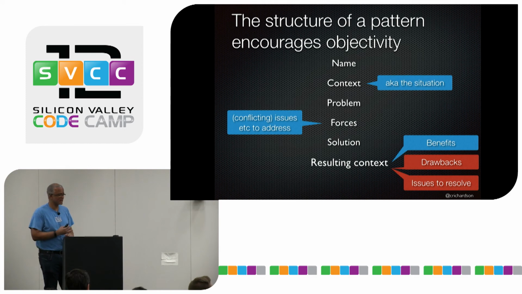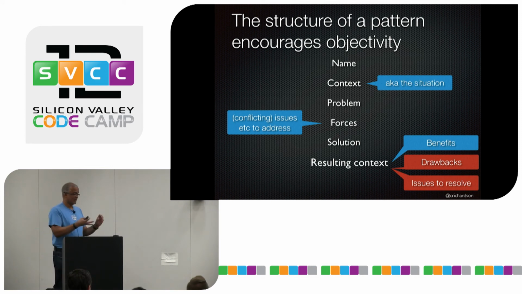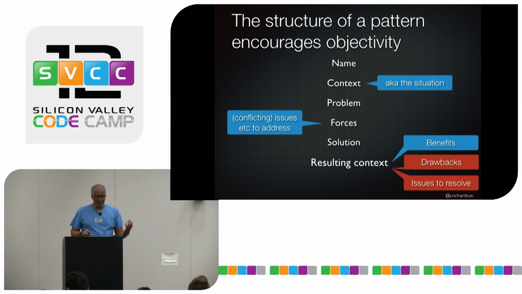So like in the case of the microservice architecture, you've got issues around, well, I need to do inter-process communication. I need to do service discovery. I need to do things around observability and monitoring. Those were all of the issues that I had on that slide. And so there's a lot of different issues. And once you've solved one problem, this is a recursive process, right? There are just finer and finer grained issues that you have to address.